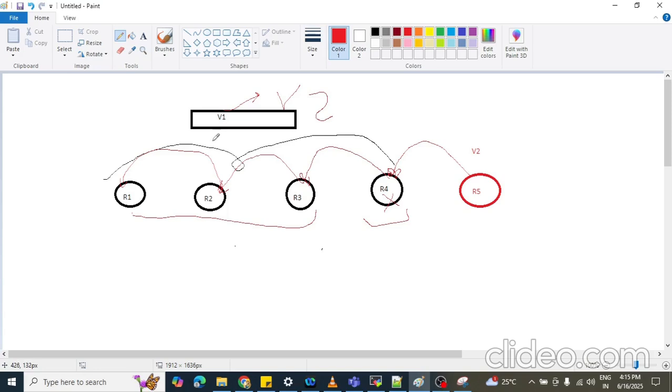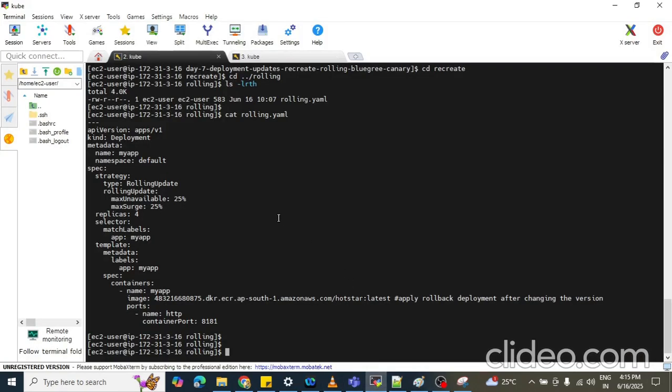Now I will explain each and every line of the code which is mentioned inside your YAML file. Okay, so this apiVersion apps/v1, what does this indicate? It tells the API server you are using the stable deployment API group or version. Okay. What is this kind? Kind is Deployment.